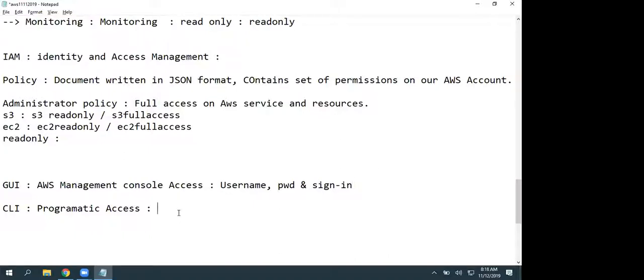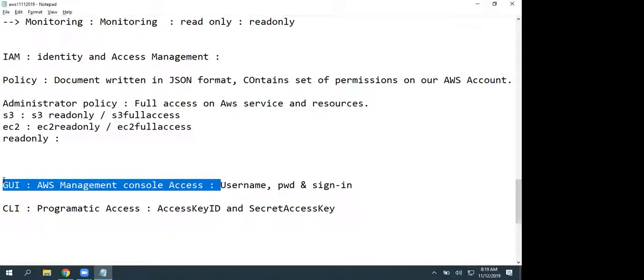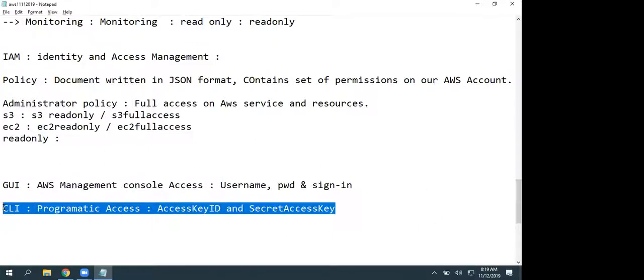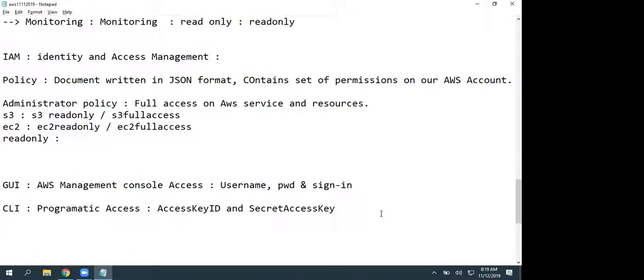But whenever you select programmatic access, you are going to get an access key ID and a secret access key. These 2 are not the same. If you try to use this to log into your AWS account by using a browser, it will not allow you. This user is designed to work with browsers. The programmatic user is used to perform CLI operations, SDKs, and API calls on our AWS account.